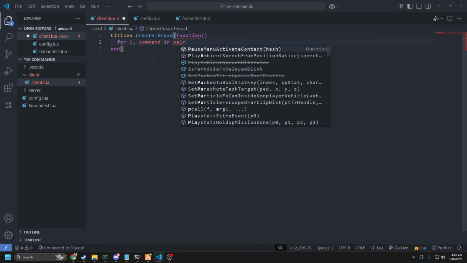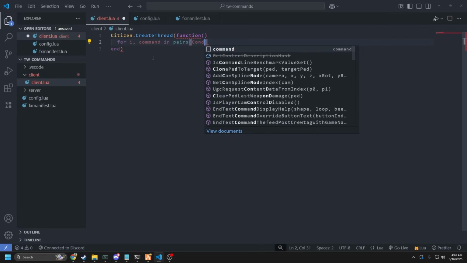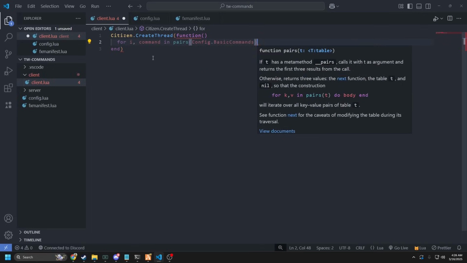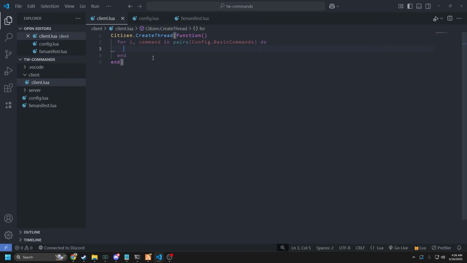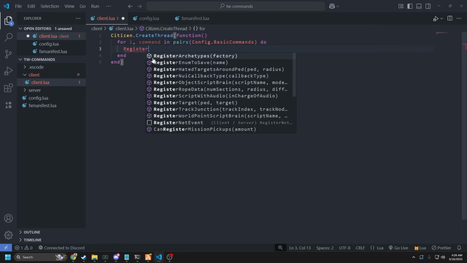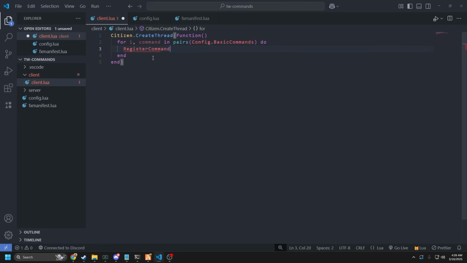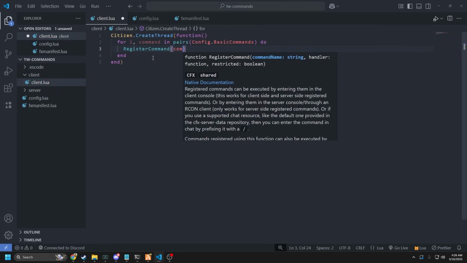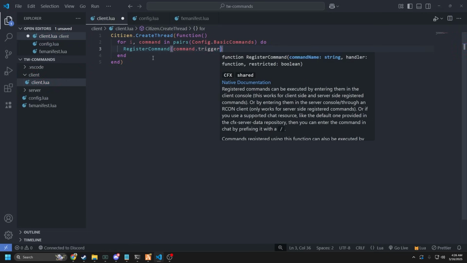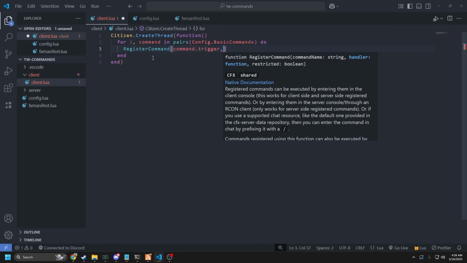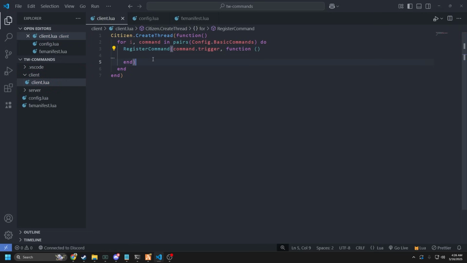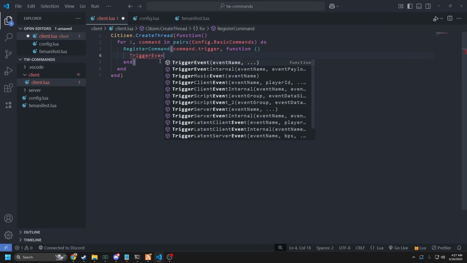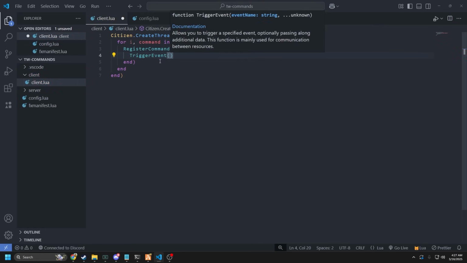We're going to put our parameter as whatever. I don't know what the technical term is, but in pairs config.basic command, so we can loop through that entire table. So we're going to do register command inside of this for loop so the command gets registered within it. For the command name, we're going to do command.trigger, so it points to that trigger that we created, and inside of it, a function will be called. And we're going to trigger the event chat add message, so it actually sends a message in the chat for us,